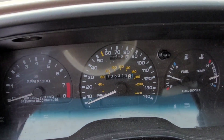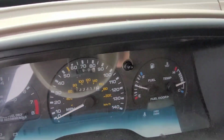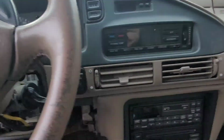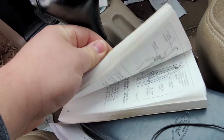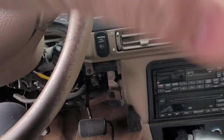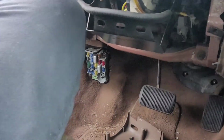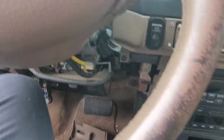So she had 133,311 miles when she was sadly returned to the grave, where she probably belongs. And yep, this is a 94 owner's manual. Pretty cool. But yeah, it's got stereo and everything in it. I am gonna kind of salvage this for parts and pieces and whatnot so that we can use it for other things. This was an automatic car, which means it came with the 3.2 liter